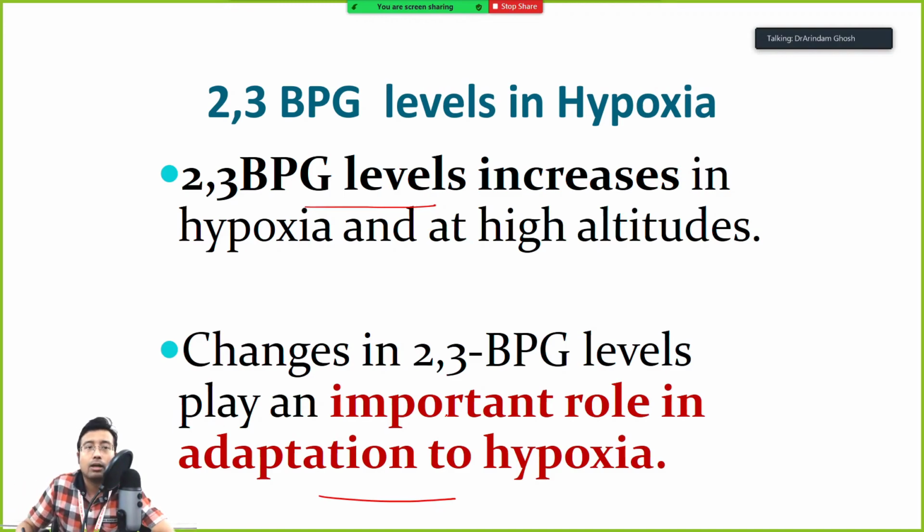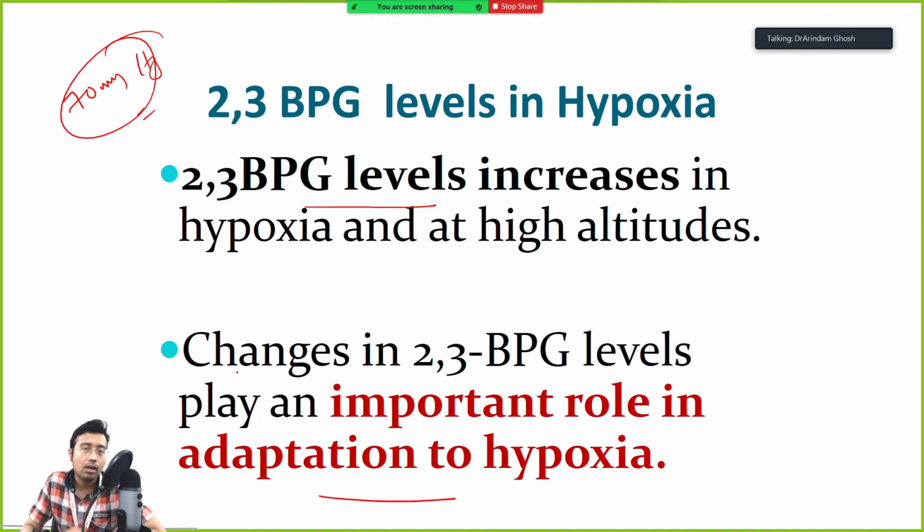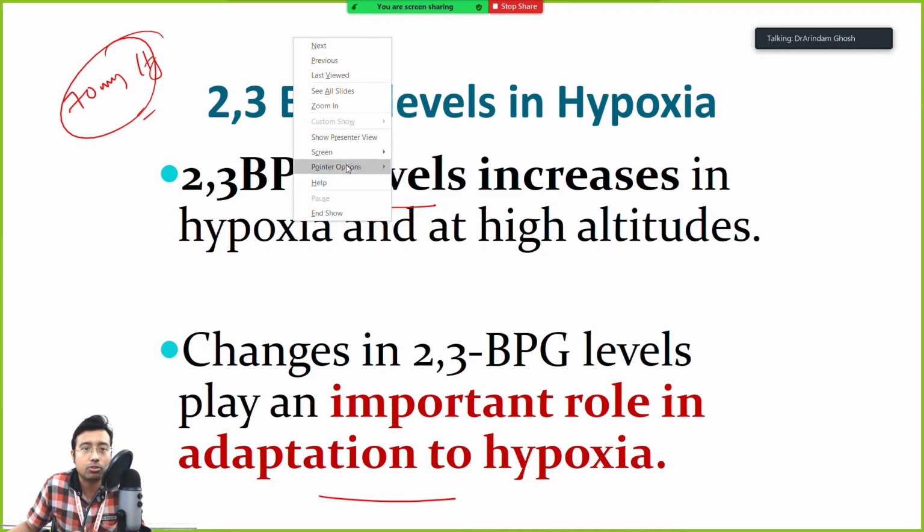Normally, suppose, I will just show you, hemoglobin is partially filled with oxygen. I mean 50% it is filled with oxygen at a partial pressure of 70 mm of Hg. So what does it mean? If the partial pressure of oxygen is 70 millimeter of Hg, what will hemoglobin do? Hemoglobin will hold 50% of oxygen and it will only give 50% to the tissues, right? However, who can change this affinity? 2,3-BPG. So suppose at high altitude, let me just quickly change to my pen.